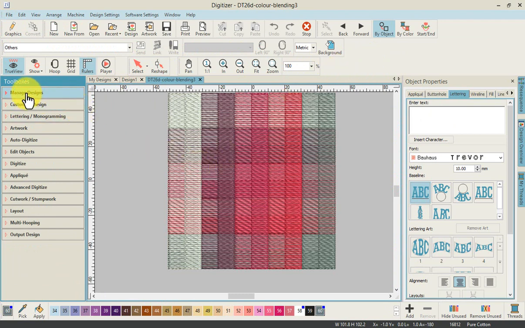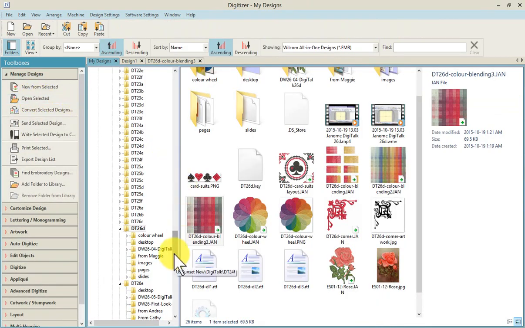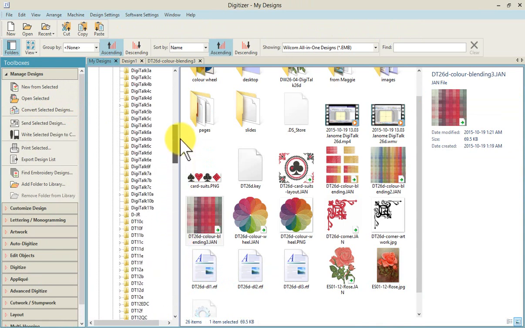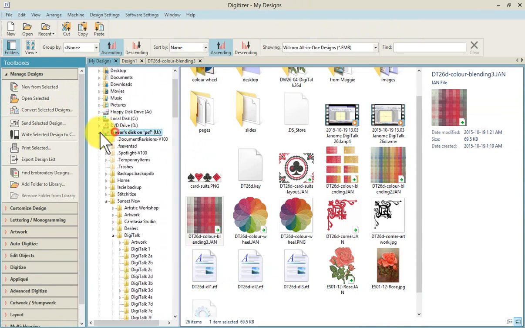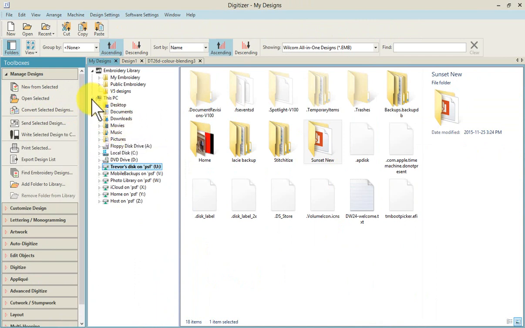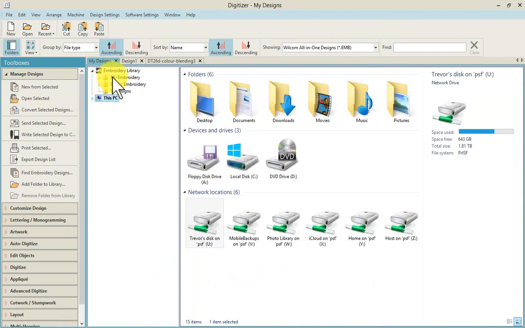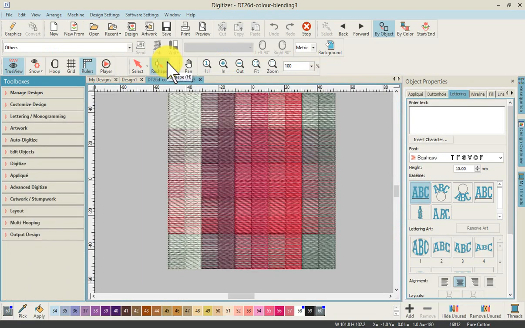Yeah, so I'm coming back to my library, and I guess the difference between browsing these folders, is that these folders, I would have to browse to them each time I wanted to see something from them. And if I want to, I can just zip that back up and clean this up. But the idea is, with the library, if I add designs to this folder, it'll automatically be in my library. So if we, for example, go on to this color blending, and from here, if we wanted to, we could save it. So I'm going to choose File